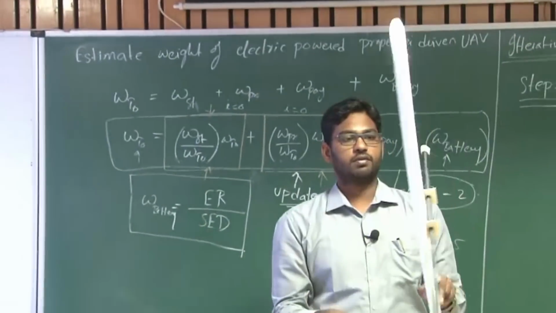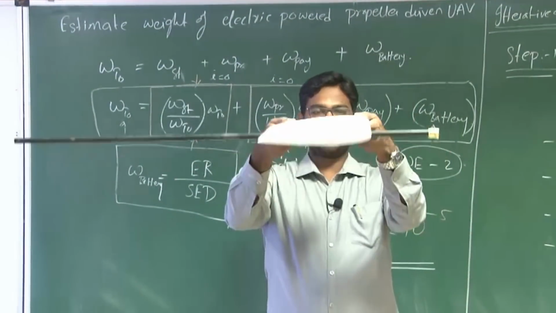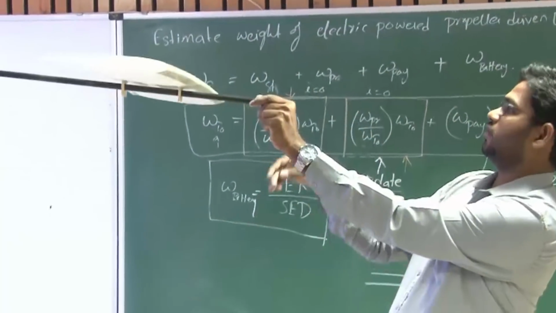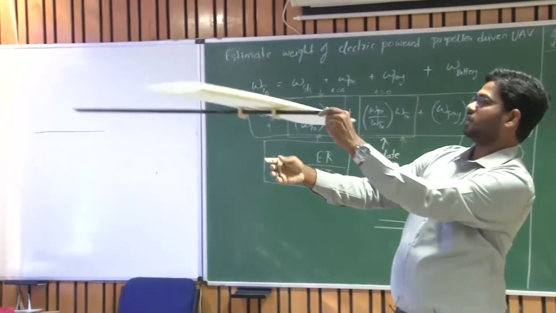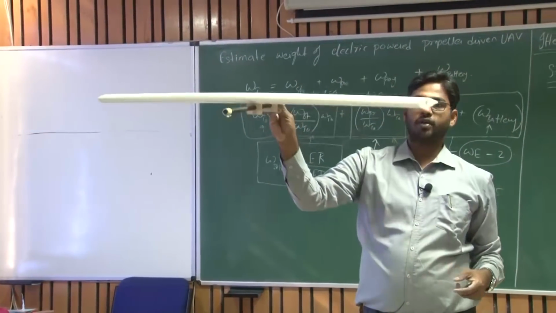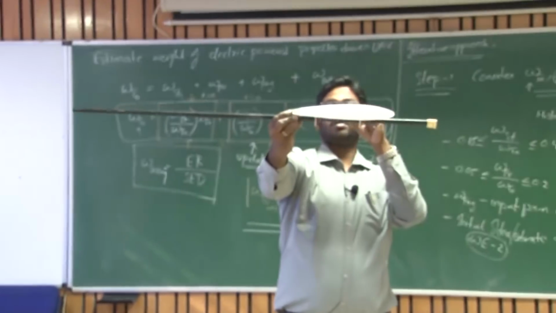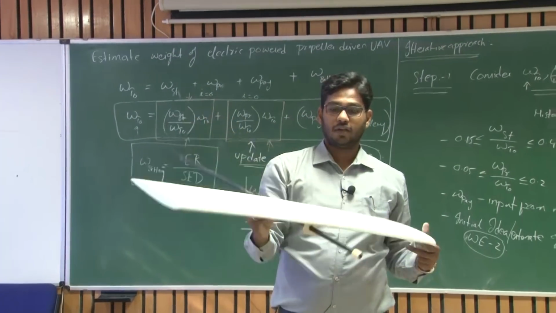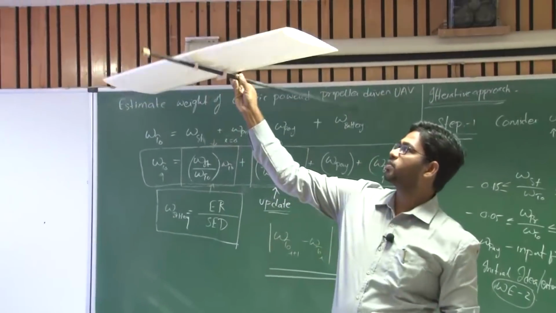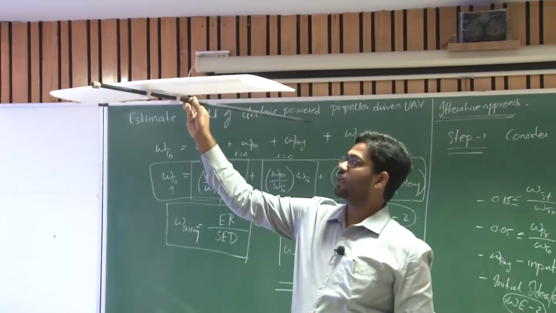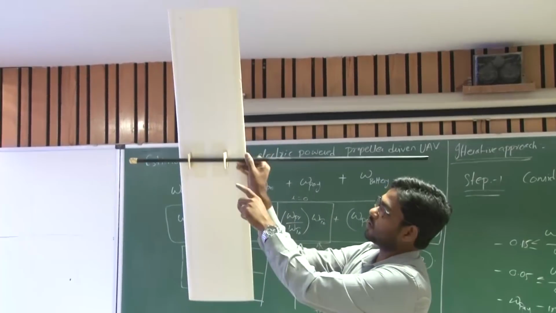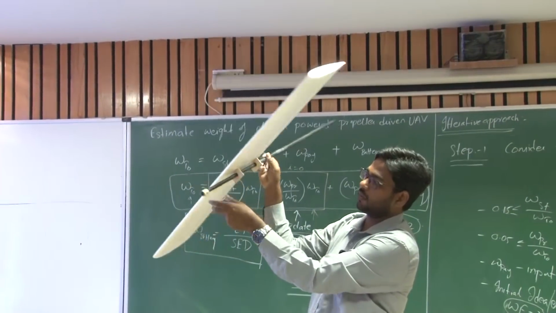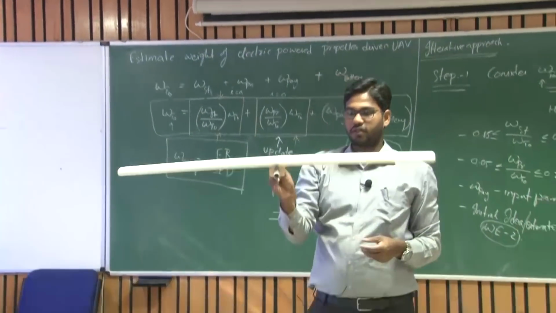So I have something for you right now. It's a symmetric wing. Of course, I can see a bit of asymmetry, but that's fine. It's a symmetric wing made out of symmetric aerofoil, right? It's of 1 meter span, and there is a boom that is helping me to hold this particular wing. This boom is passed through 2 balsa wood blocks attached to this wing. Now let us see what is the weight of this system.